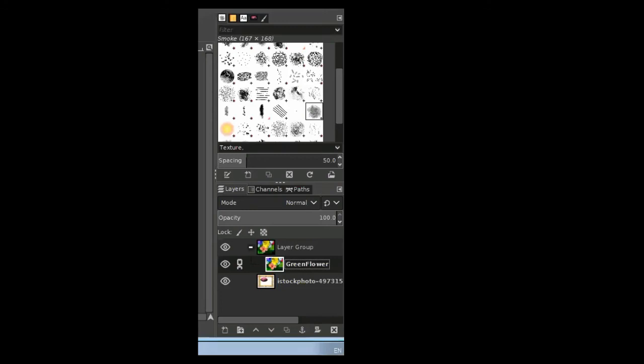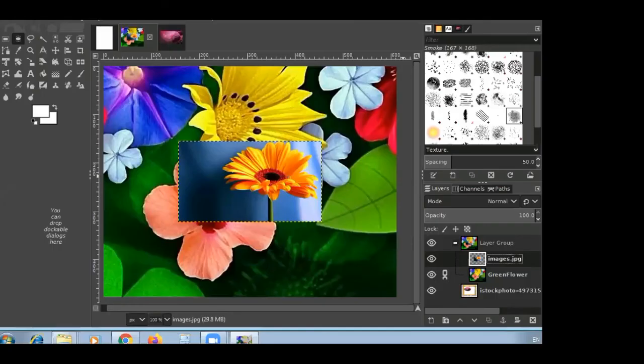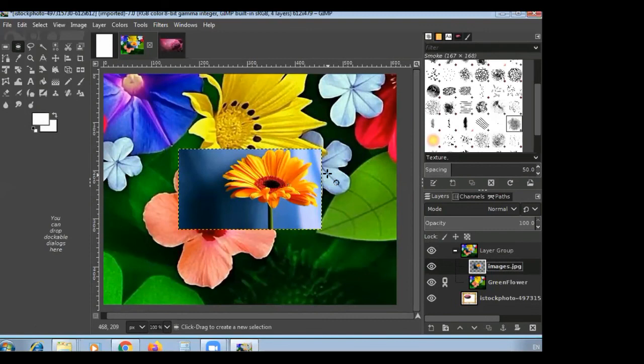And next one, open one more new image as a layer. The same steps will be followed as the previous one. Click on open as a layer, and then choose the particular image and click on the Open button. The image will be opened up as a similar image. The same image will be copied on top of the other image in the stack. After that, our new options are working with layers.